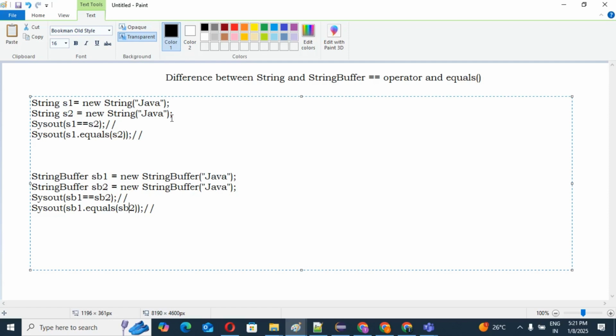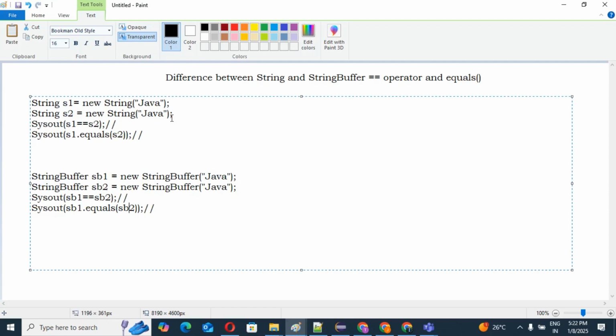If anybody asks you what the exact difference is between the double equal operator and equals method, most candidates know that the double equal operator is meant for reference comparison and the equals method is meant for content comparison. But it is absolutely wrong, guys.